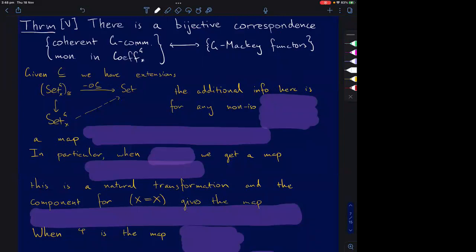So the punchline I wanted to get to is that there's a bijective correspondence between coherent G commutative monoids in coefficient systems over a point and G Mackey functors. So the direction back is just you forget the transfer maps. But if we're given a coherent G commutative monoid, we have these extensions. So the additional information from these extensions is that for any non-isomorphism of G sets over X,